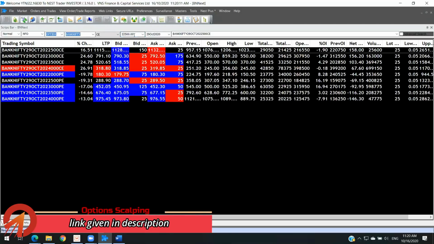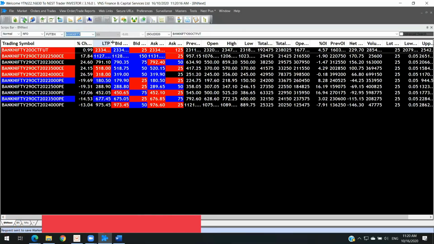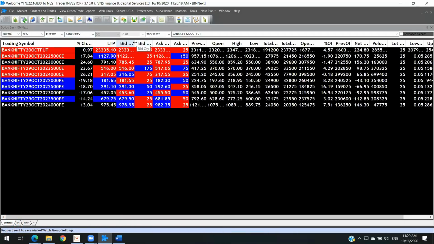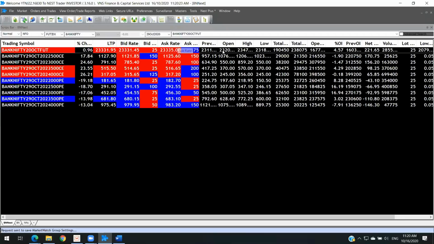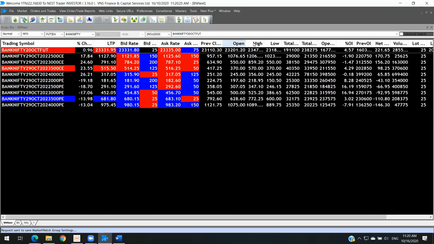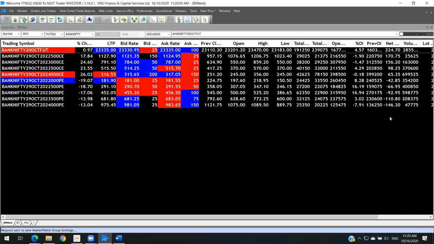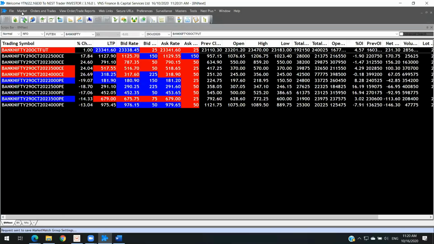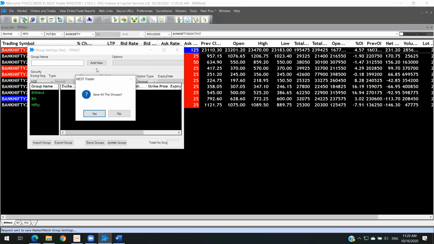And then last, go to future IDX, select Bank Nifty. We needed to see what is the future level at which it is trading, and then you can do an adjustment here. Okay, because the price is not fully visible, right? So in case you wanted to see it, just give an adjustment here, double tap, and it will automatically show up all the data. And now what you needed to do, just click on market watch group setting, save it. So no need to worry about whether this will get deleted or anything.